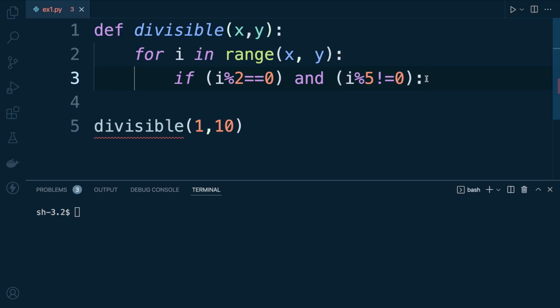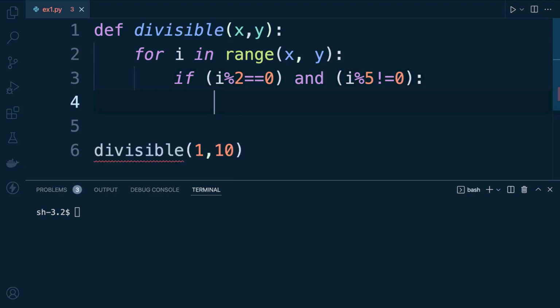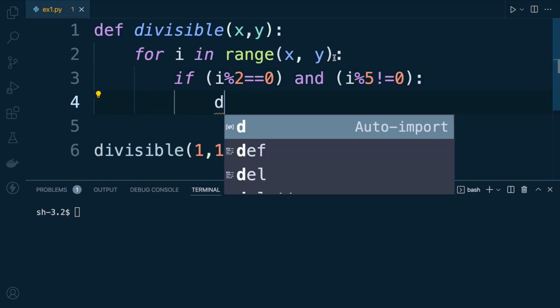So in short then, what we have now is an if statement which checks each of these numbers in this for loop to make sure, first of all, it needs to be divided by 2. If it is, this will be true. And we're using AND, so this must be true as well. So is the number that we're currently working with also divisible by 5? So if it is, then this is going to return false. If it isn't divisible by 5, then this is going to return true. And what we're trying to do here in this if statement is return true here and return true here as well. If we do that, what we want to do is we want to grab our